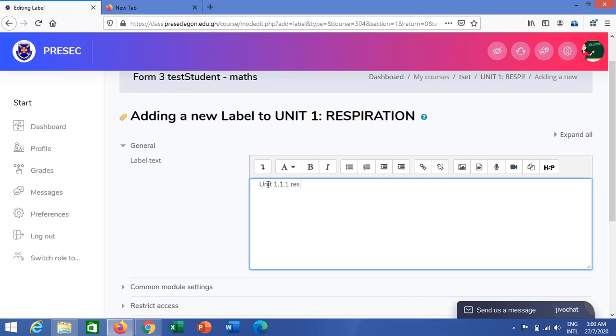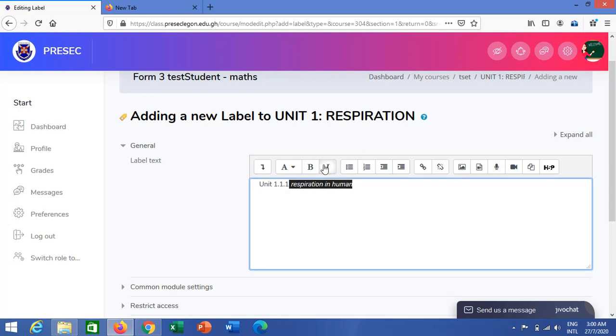Okay, so once it is 1.1.1, you may want to edit this a little and make it